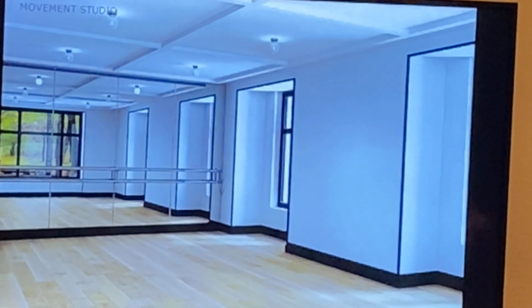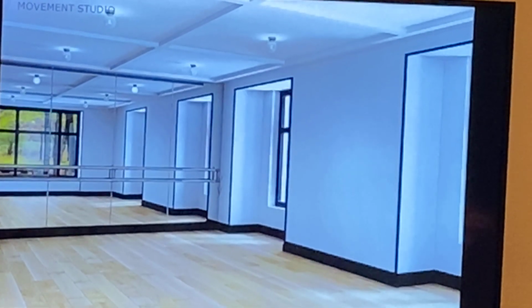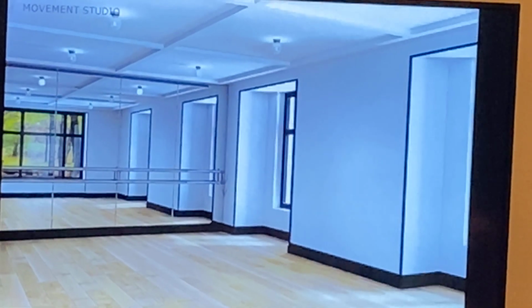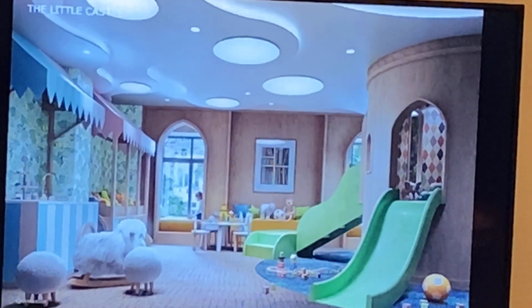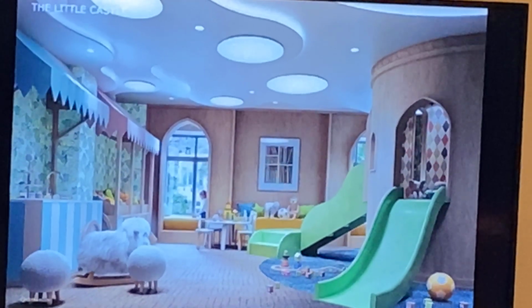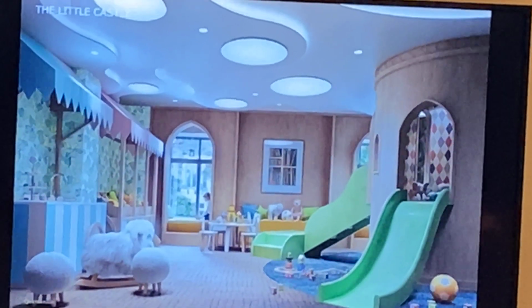And this is the movement studio, which is on the third floor, but again, it's related and it carries the same design idea. You want to talk about it? Oh, sure. So I know that we've all seen all these amazing children's amenity spaces, and